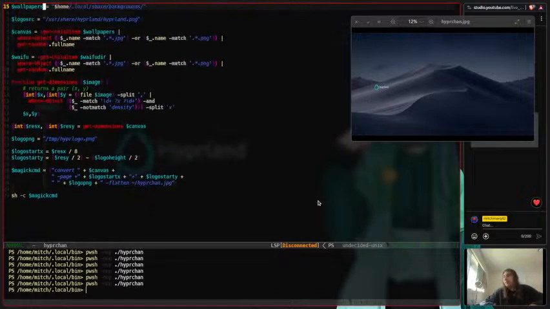So that's because I actually need to, with this whole dash resize thing,